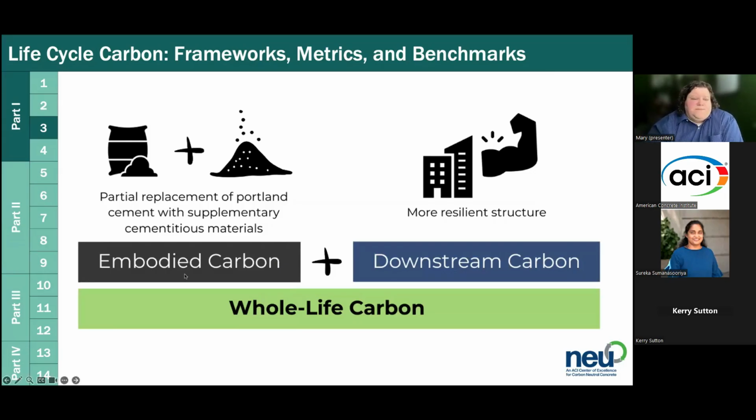As an example, for embodied carbon, we might say, I'm going to take my Portland cement and replace it with some fly ash or some slag or some supplementary cementitious materials, which I'll talk about in a moment. And so we're able to reduce the embodied carbon, that carbon in that very first part of production, and that's awesome. But we get a bonus when we make changes that allow the concrete to be more durable. If you thoughtfully put in SCMs, you might end up with a more durable concrete. And so downstream, you can save carbon because you've got a more resilient structure, one that does not require as much repair or rehabilitation or even replacement.